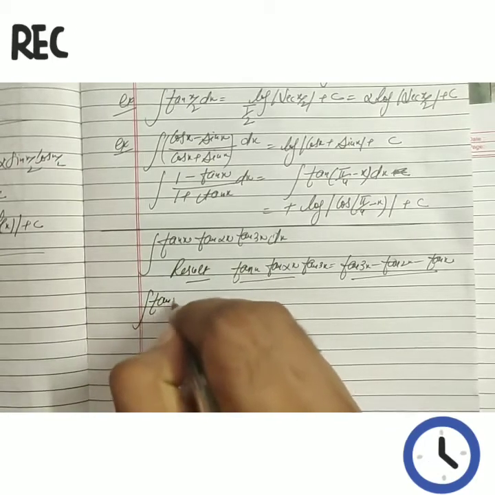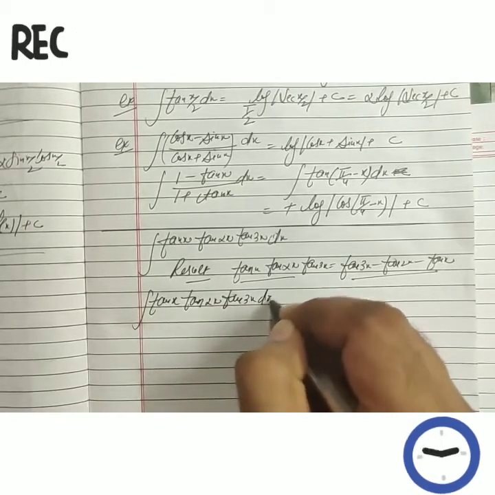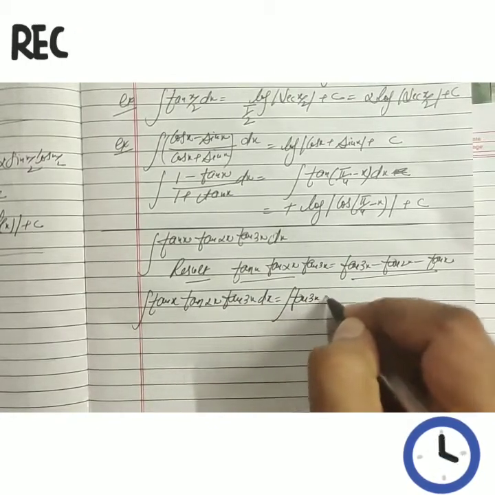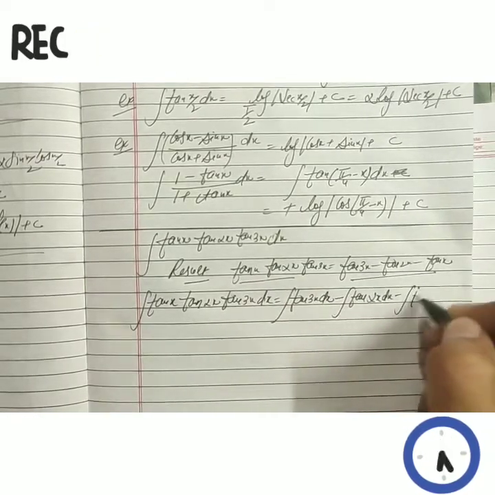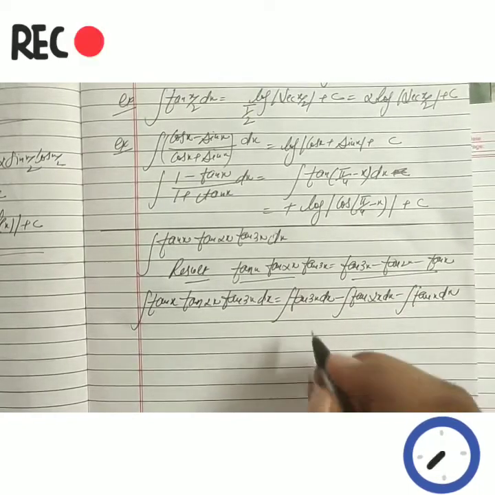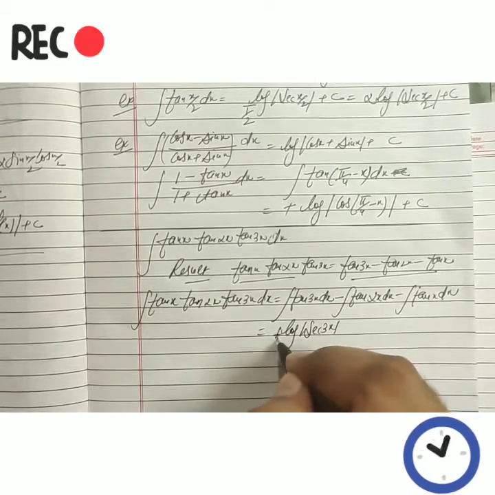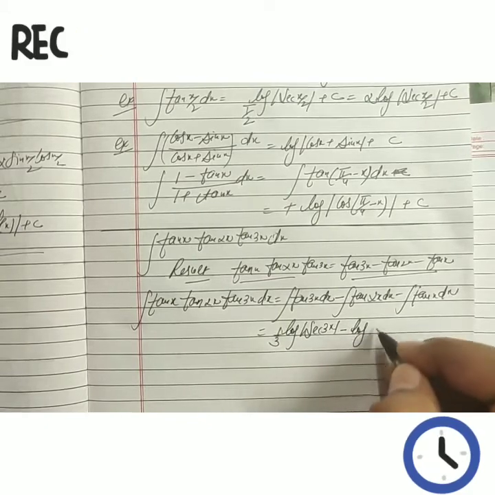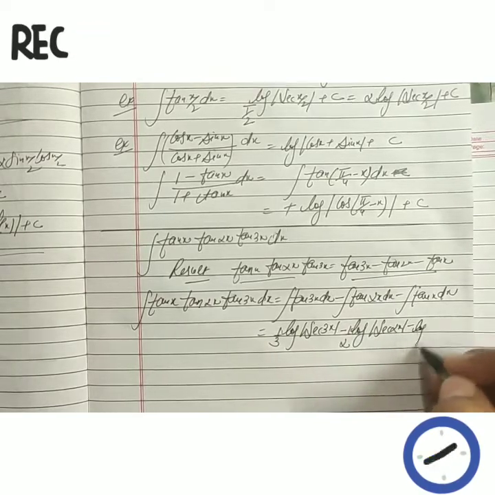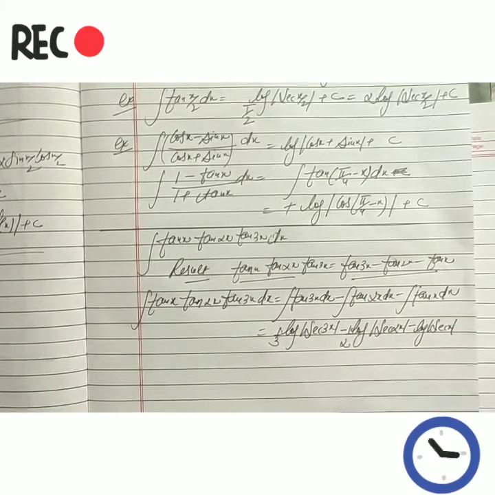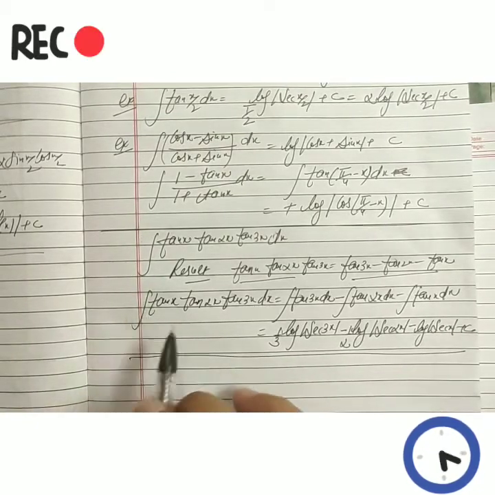So the integration of tangent x, tangent 2x, tangent 3x dx can be written as the integration of tangent 3x dx minus the integration of tangent 2x dx minus the integration of tangent x dx. Using the rule, integration of tangent is given by log of secant divided by the derivative of the angle, it becomes 1 by 3, minus log of secant divided by the derivative of the angle, which gives us half, minus log of secant, where the derivative of the angle is 1, so there is no need to divide. Like this we can simplify it by using the rule for the integration of tangent theta.